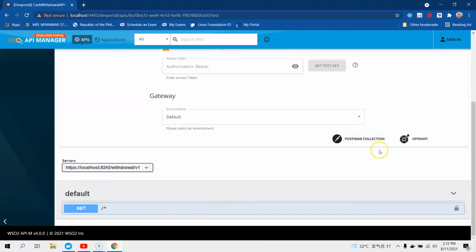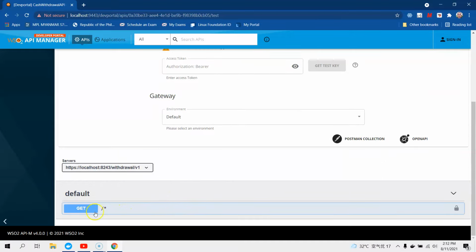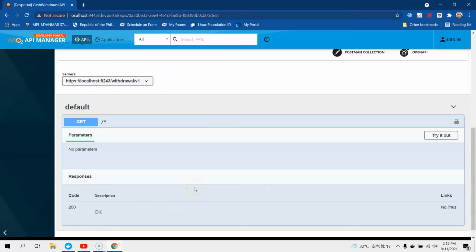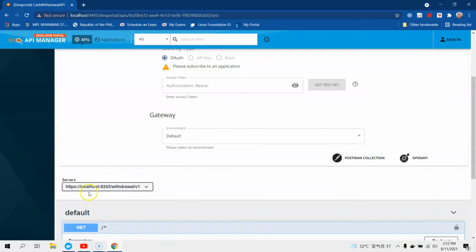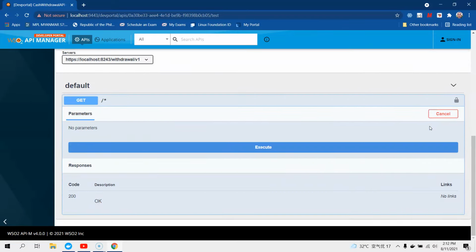Before executing this one, guys, you are able to test the API using a Postman collection or OpenAPI. You can even download the Postman collection here if you want to test your API. Now let's proceed with the default API. So our server endpoint is on port 8243, withdrawal version 1. I'm going to try it out without providing the